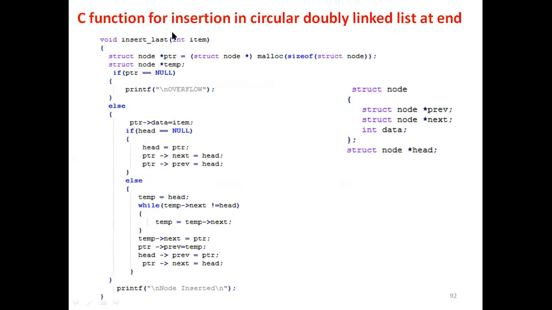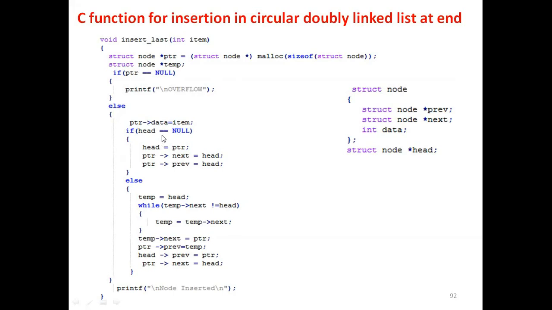So this is the C function for insertion in a circular doubly linked list at the end. This is the function name. So here node is created and we are checking if the node is created or not. So if node is not created, if ptr value is null, then print this message overflow. Else